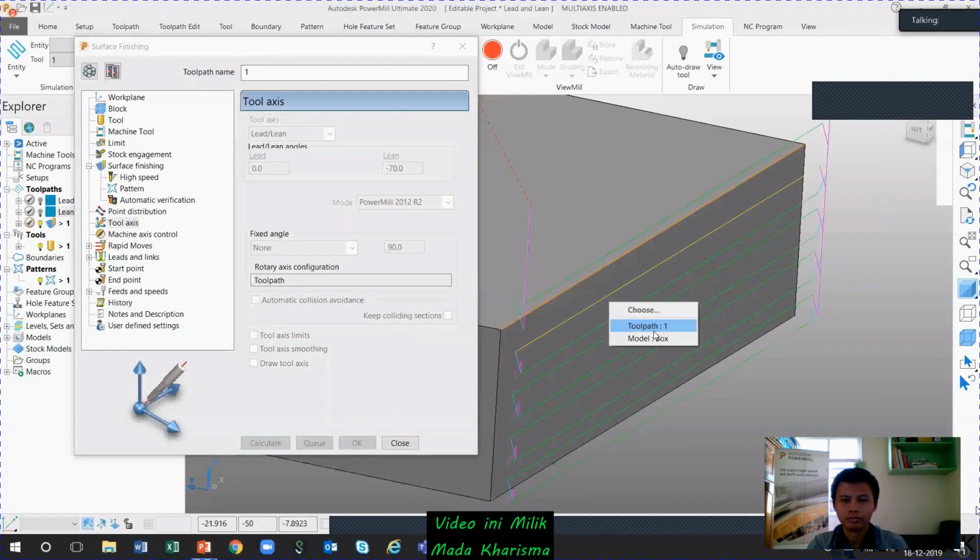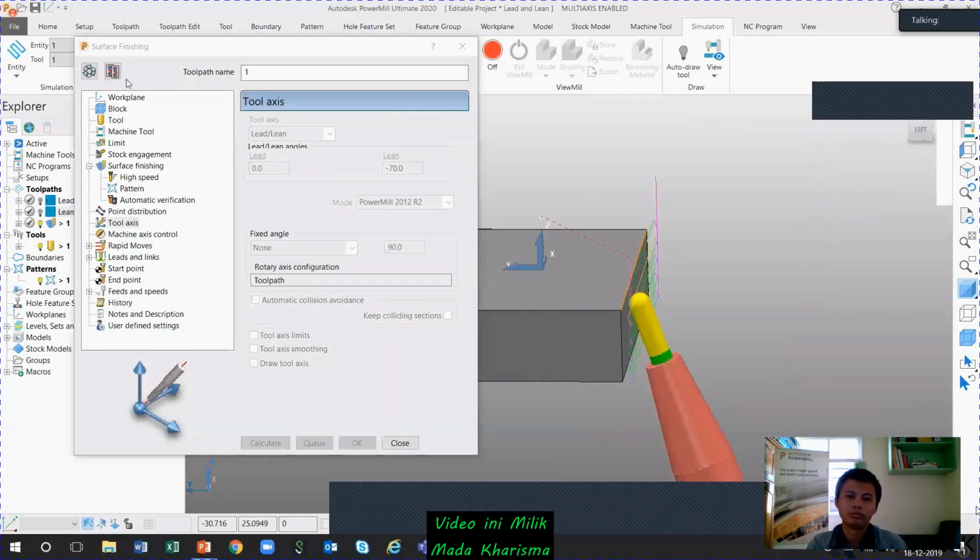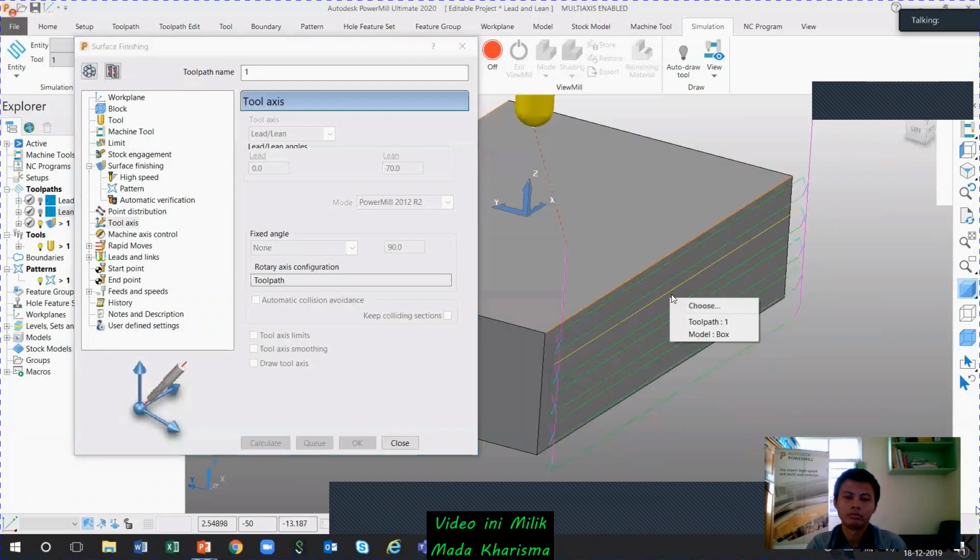It's the other way actually. Okay, so what you have to do is just go to the positive direction and calculate again. You can see now your tool path.